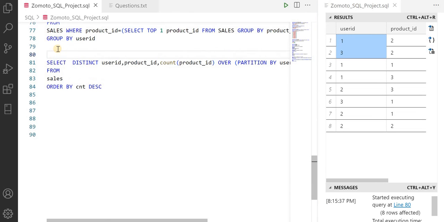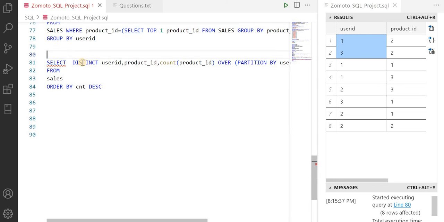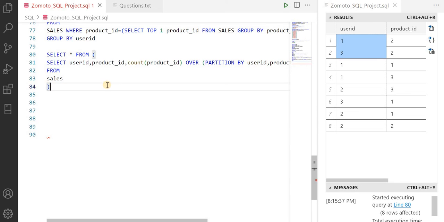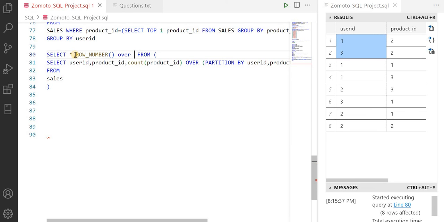Okay, so what I can do, see, make it simple. Count maximum 1 minute product ID distinct. So here remove it, and what I will do, I will write here select star from, okay, make it simple, yeah. Comma row number use over partition by,